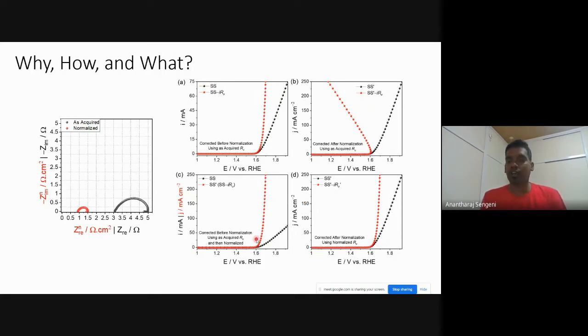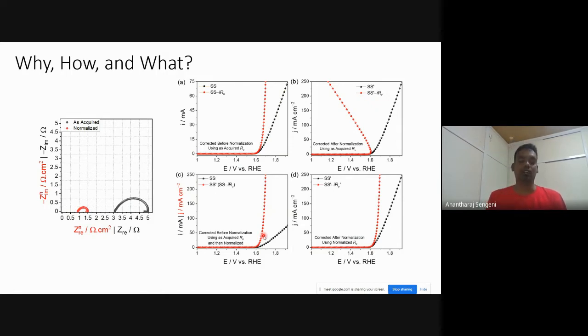Okay, and finally we have another situation. We can normalize both activity and uncompensated resistance. Then we can perform IR drop compensation. So if you see, in all these 3 cases, you will have an acceptable shape of LSV after IR drop